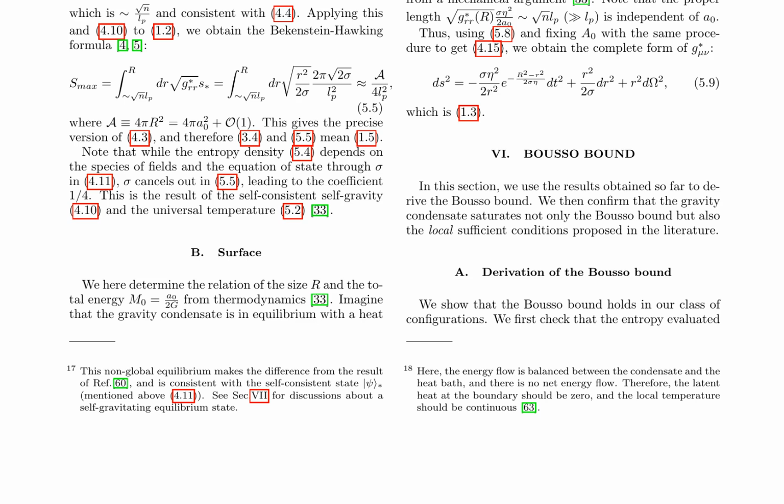The Bousso bound is derived in detail, confirming that the gravity condensate saturates both the Bousso bound and local sufficient